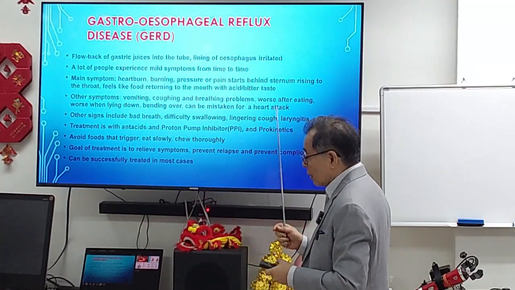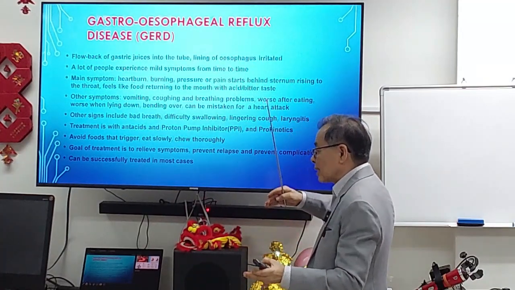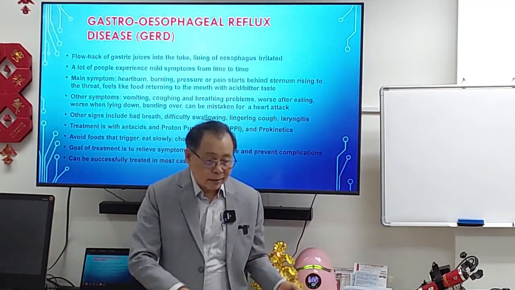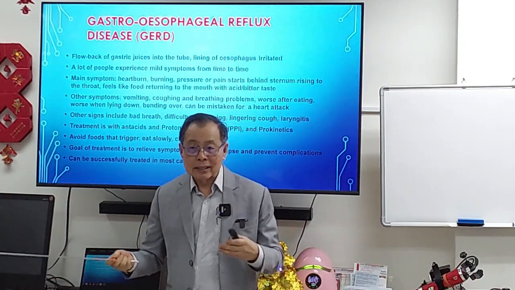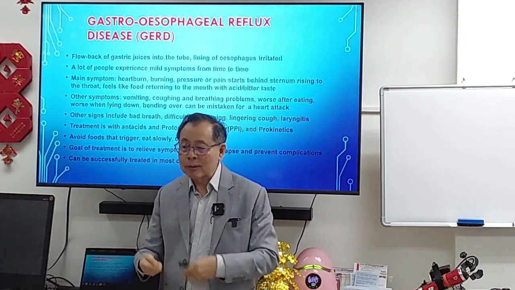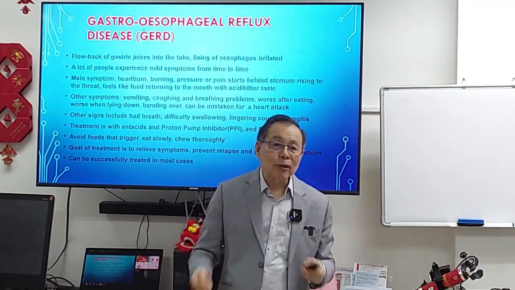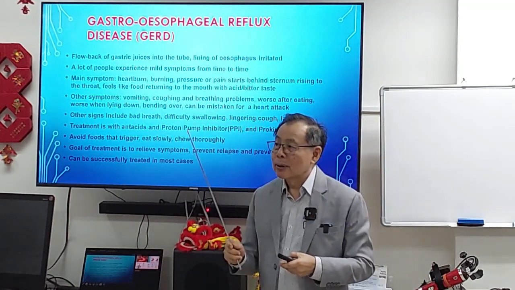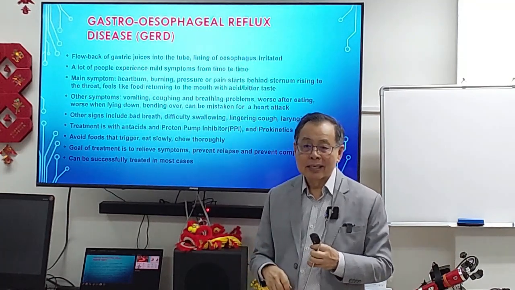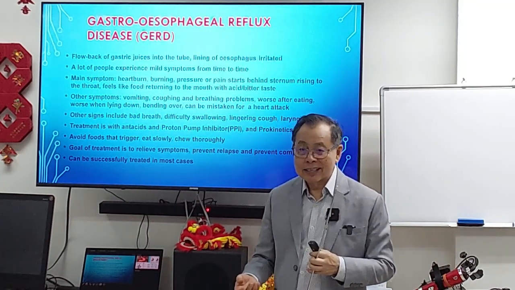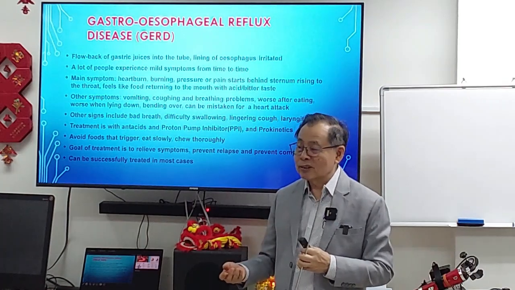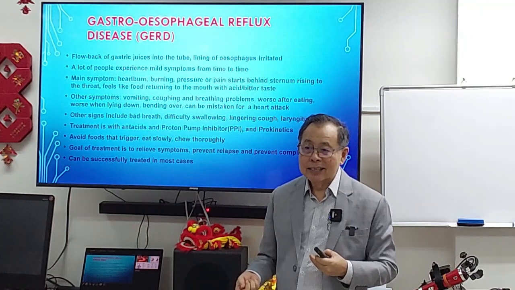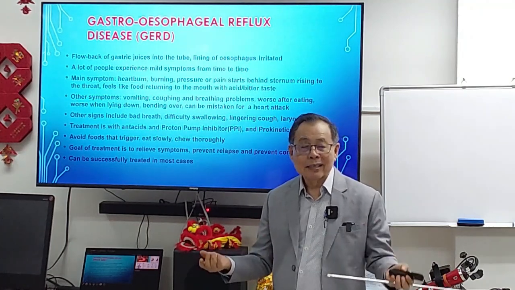So we have dealt with causes in the lungs and in the heart that cause chest pain. Now we deal with causes in the esophagus and the stomach, from the abdomen. Okay? They're important causes because many years back I happened to treat somebody whose husband had gastric problems. So he saw a gastroenterologist, went in for gastroscopy a few times, never recovered, eventually he died. He died of a heart attack.